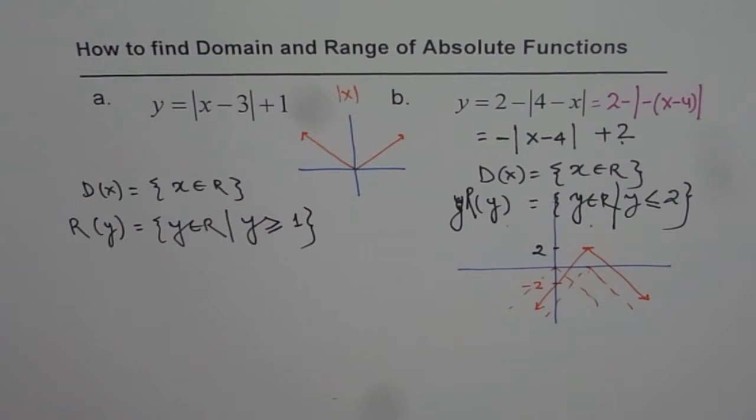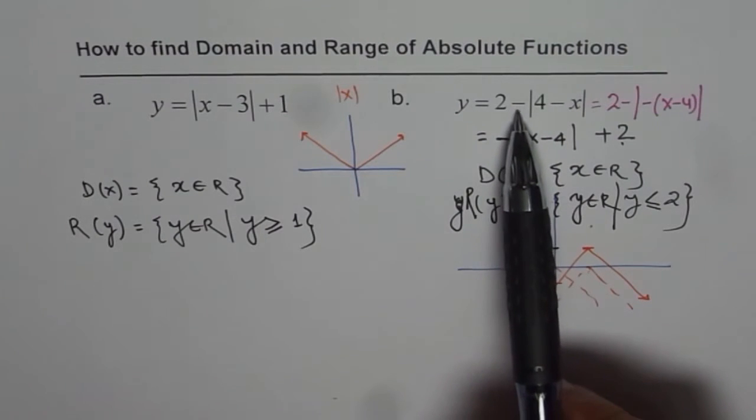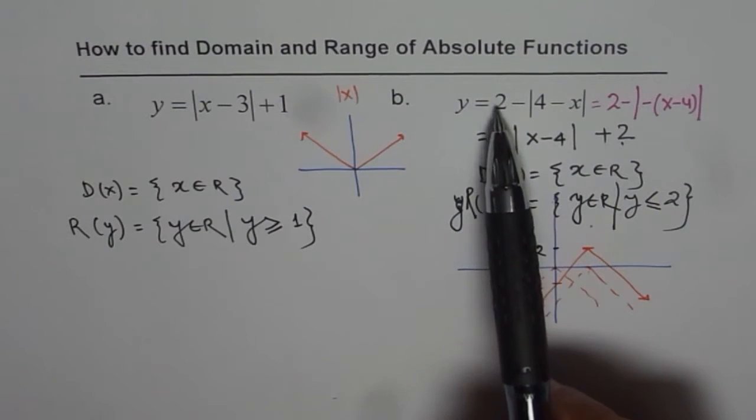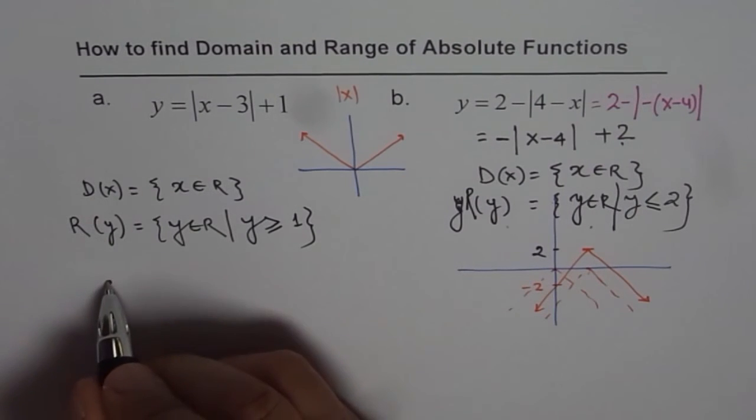Do you see that? So from the equation you can always get it. The equation says that the function is translated 2 units up and it is reflected. That means the range is not greater than but less than or equal to the value 2 by which it has been translated upwards. So you get your range. So for an absolute function, look into the y transformation. So the critical things to consider here are